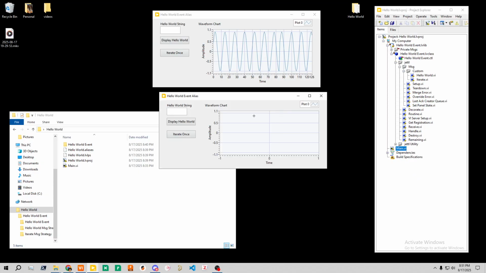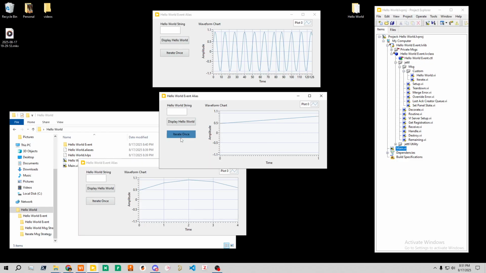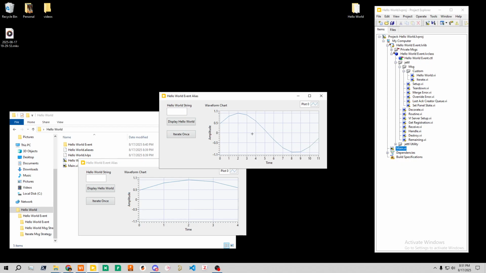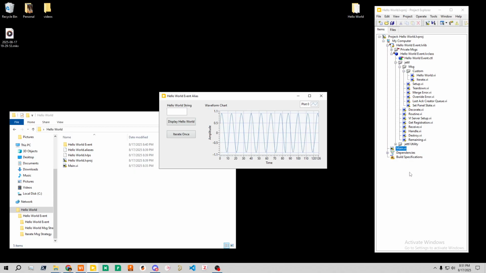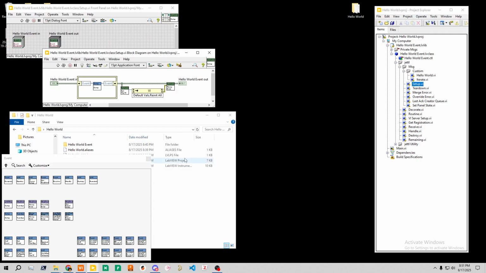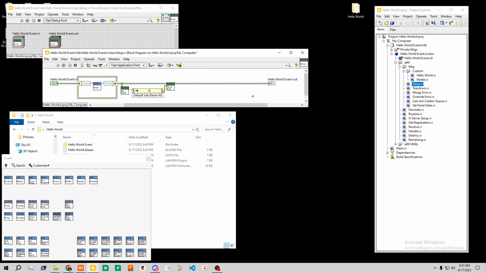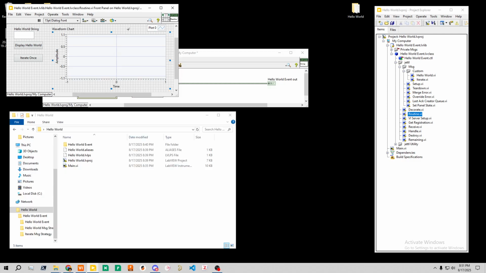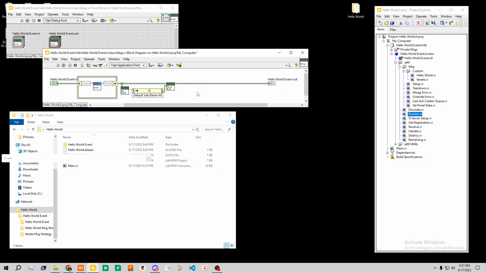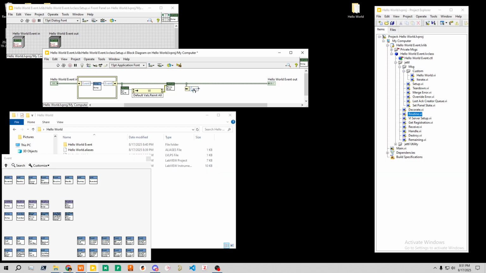You'll see, now this is at 1, it's also at 1. But if we were to close any of these, it doesn't start at 0, and I'd like it to. So this is a perfect case scenario for changing what's in the setup override. Currently, default value is reinit all. Maybe I'm missing something, but for the waveform chart, what you need to do, I think, is get the waveform chart reference